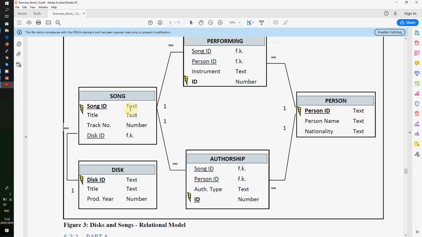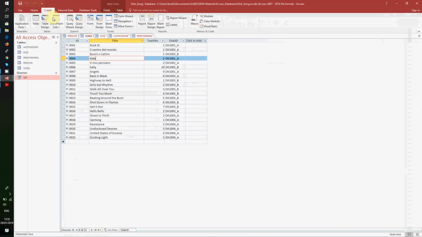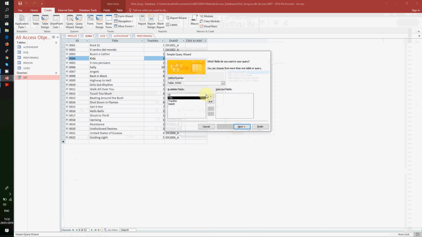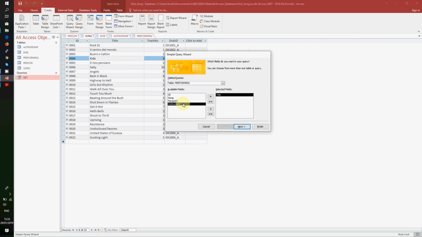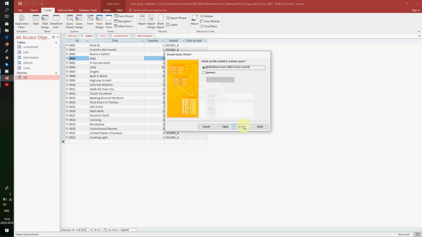Okay, so in this way we have to use the performing table. Create query wizard. So we have song title. Then from the table performing, I want instruments because I have to put there a criteria, a filter. I want to select only the piano performer, only the songs with a piano performance, and then person name. Next, next,